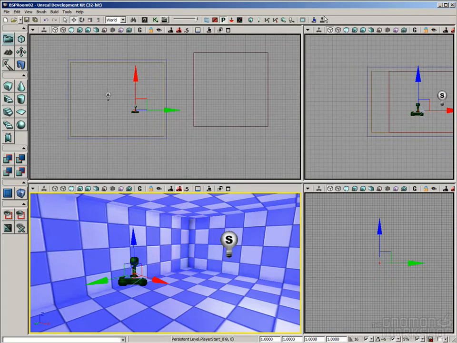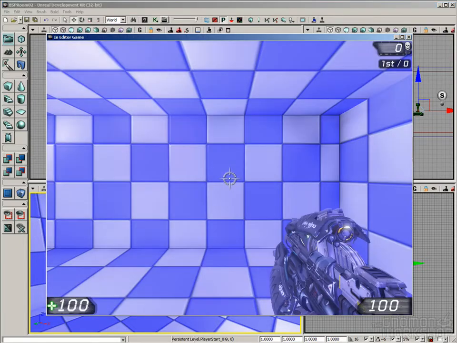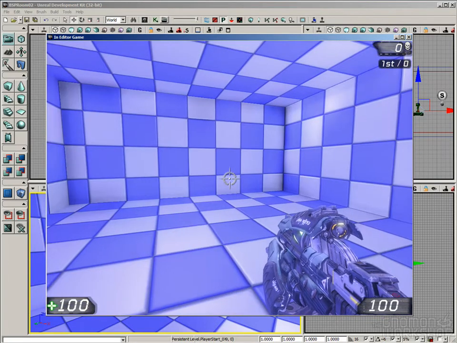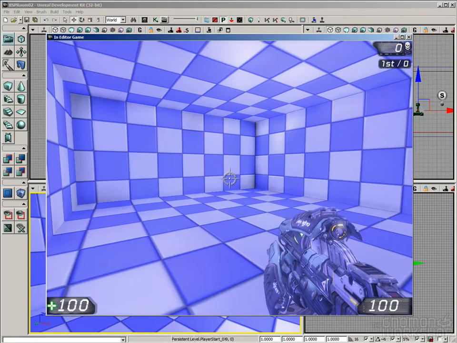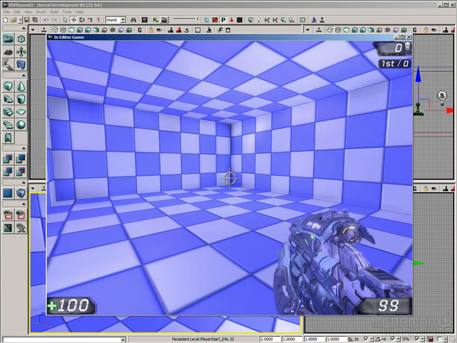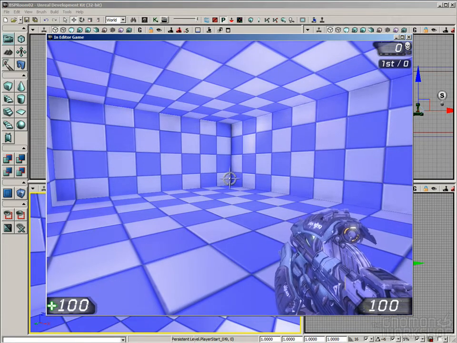Now to preview play it in level, we can click on this icon here. It looks like a little joystick. It says play this level in an editor window, which is sometimes abbreviated PIE, P-I-E, play in editor. And if I click on that, you can see it's basically the room that we created. I've got a weapon, I can shoot, I can jump and move around. I can also spawn bots into here if I want to preview what the gameplay is going to be like,